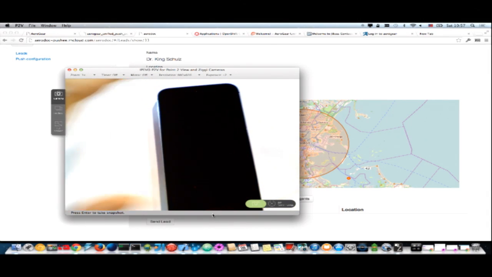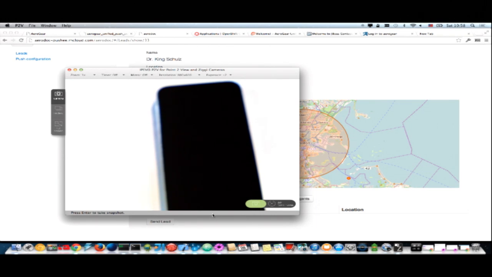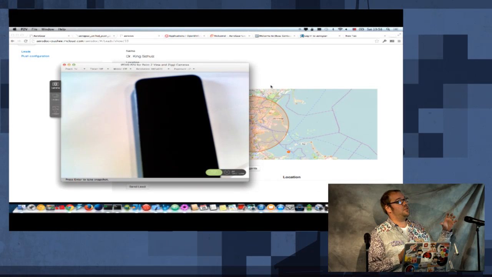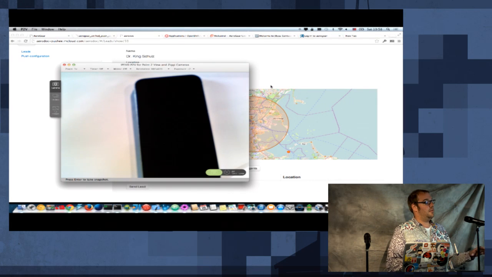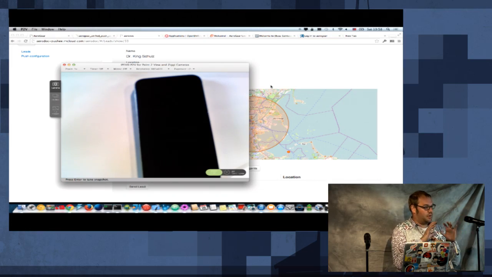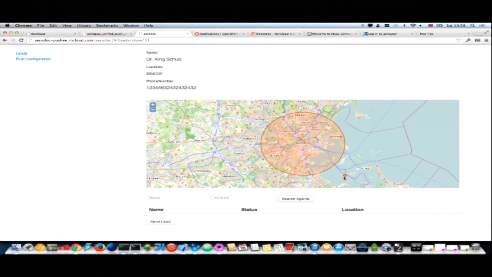So, okay. So now, Maria was driving to Boston, right? And she got out of the car and opens the phone. What the phone did is it did register with the business backend of the AeroDoc. It was providing location information like the current data where she currently is. So now when I perform that search again here, like that one,